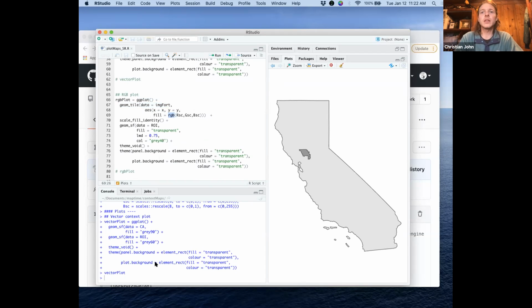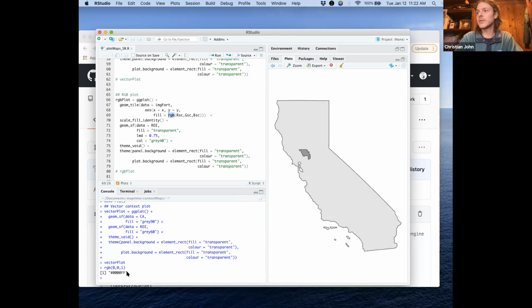And RGB allows you to create a hue based on, well, a hue and saturation and value as well, but based on our scaled red, green, and blue values. So for example, I could type RGB 001, and we would get